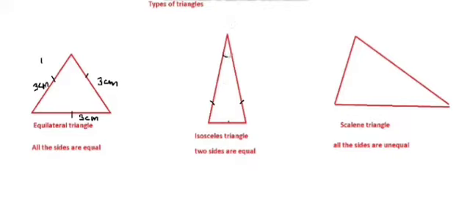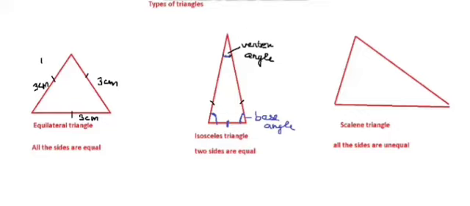Now in an isosceles triangle, just keep that in mind. This is called the vertex angle, which is not equal to any other angle. And these two angles which are equal are called your base angles. So just keep in mind, the angles which are equal are called base angles, and the angle which is opposite to the unequal side is called your vertex angle. This is your unequal side and the opposite angle to that is your vertex angle.